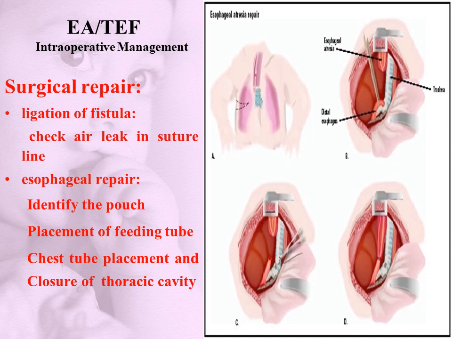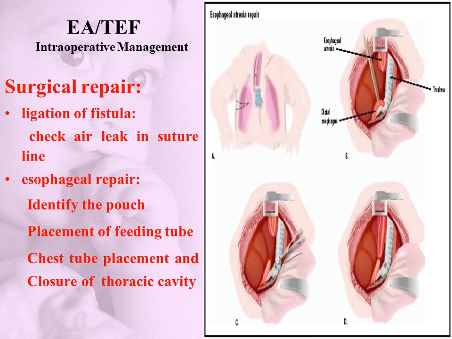As shown here in this diagram, the first step in our operation is to attack the esophageal fistula, which is usually between the distal esophagus and the trachea at the level of the carina. We ligate the fistula